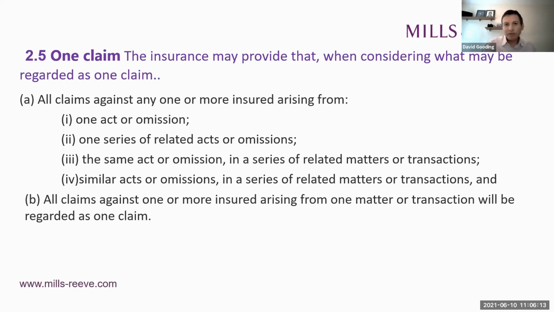The limb was considered most recently by a judge in the recent case of Dixon, Cole and Gill. I'm not going to go through that case in a lot of detail, but briefly, it involved thefts by an equity partner at a firm of solicitors from the client account, involving lots of different and unrelated clients. She was basically an opportunistic thief, and she used different ways of stealing monies, including teeming and lading type frauds. Now, insurers sought to aggregate the claims because they well exceeded the indemnity limit.